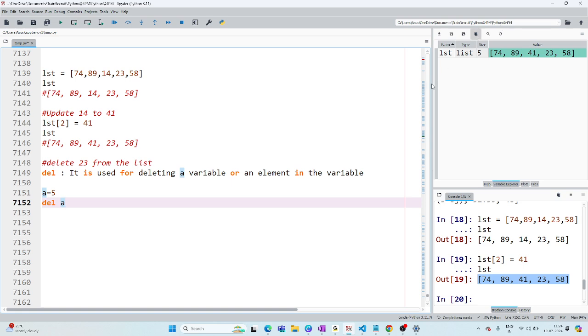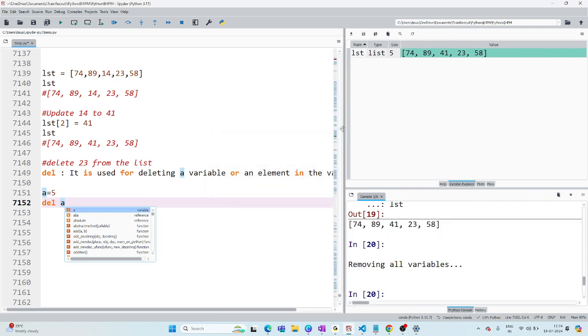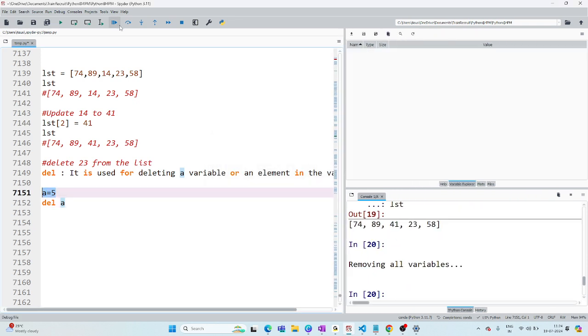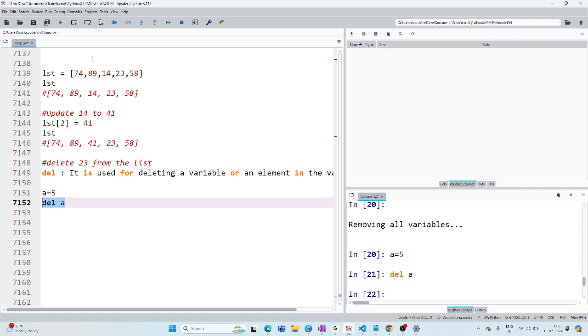So observe here. a is equal to 5, so a is created. Now I said del a. It is deleting a.